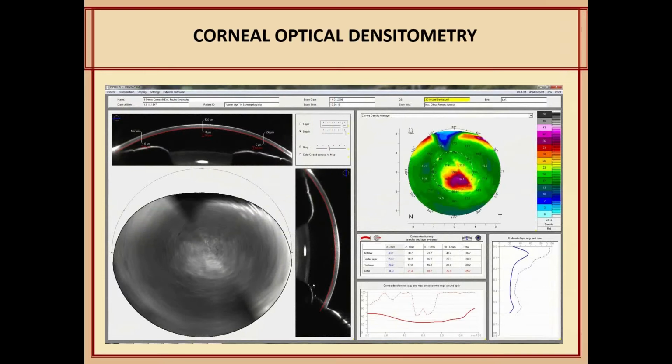And if you would like to look at it in pictures, it gives you also the corneal optical densitometry in a screen like this, like you see it with the maps in here, hard to read, but you can see the picture, the actual picture of the cornea with the changes in the center, with all the measurements of the thickness in different areas of the eye.